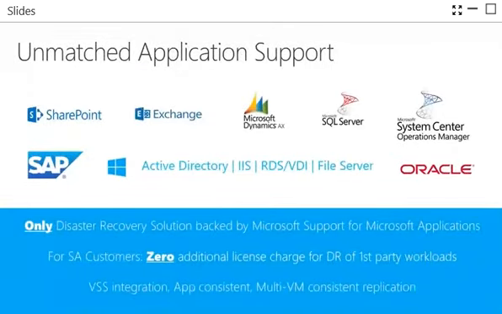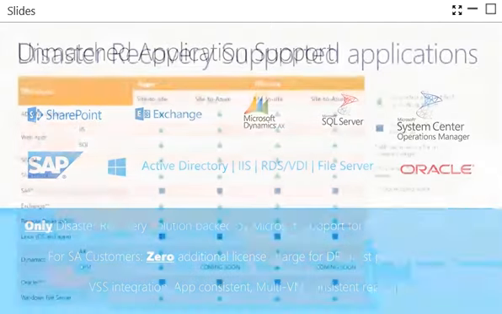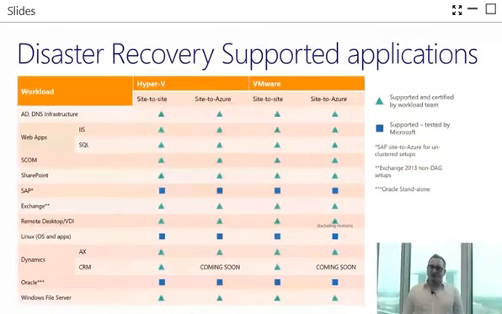Very important is the application support. Of course, you would expect all Microsoft solutions to be tested and validated by Microsoft product groups, and this is the case. So all product groups at Microsoft validated that their technology worked fine with that, but we also worked with third-party vendors. So we worked with Oracle, we worked with SAP to make sure that SAP workloads restart fine using those technology. So in terms of disaster recovery supported application, there's an updated version offline, but this is